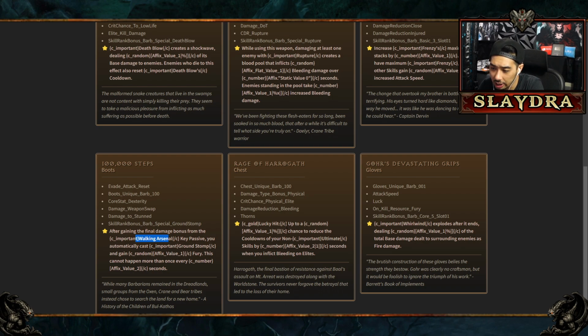Anyways, it says a Lucky Hit up to a chance to reduce the cooldown of your non-ultimate skills by some sort of value when you inflict bleed on...